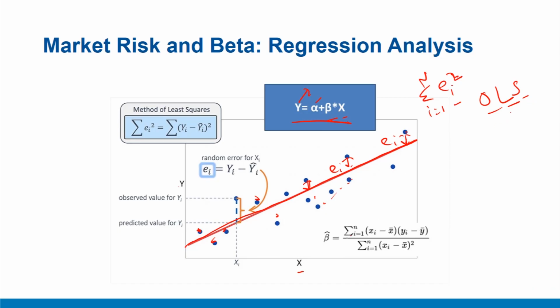In this process, the coefficient beta you get is represented by this formula mathematically, which when translated to our context of market risk becomes sigma_iM, which is the covariance between the security and market, divided by the variance of market, sigma_m squared. So this is the formula for beta, where it comes from using regression analysis when an OLS, ordinary least squares, line is fit between security returns and market returns.